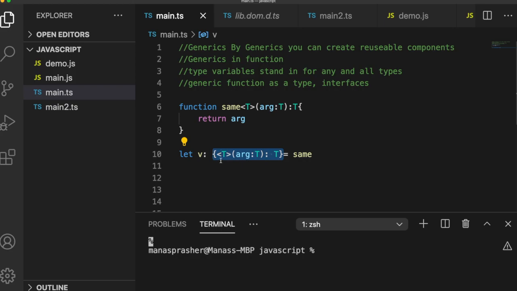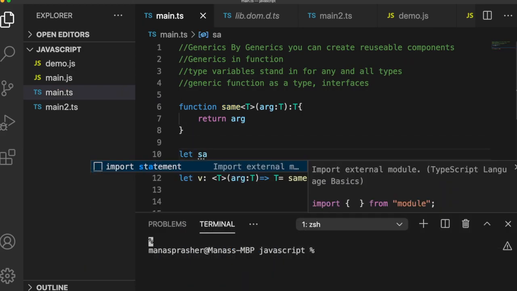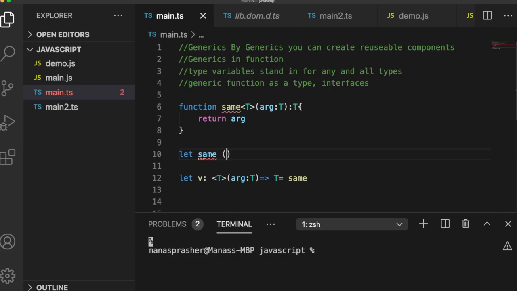But if you don't want to provide it as an object literal, you can do this by the arrow notation. It is basically the same thing as how, if you want to define this function as an arrow function, you can do it like this. Same, and then you do something. So it is kind of the same thing like this. And in this arrow function, you're basically saying that, hey, this is t,